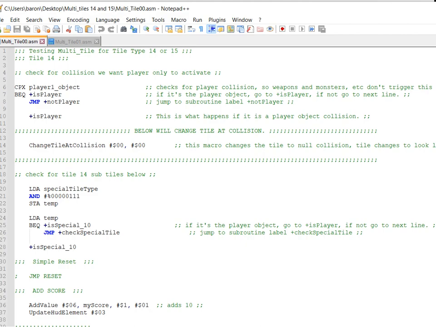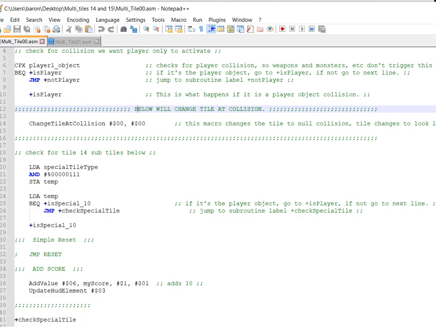So when you're copying anything from another script code, all you're going to do is just copy everything but the compare to the player object that you would have in that tile. Then we have the change collision there. You would not want to copy the change collision either because it's right here. I cover where you would want to copy the change collision, and where you wouldn't, later in this. So anyway,